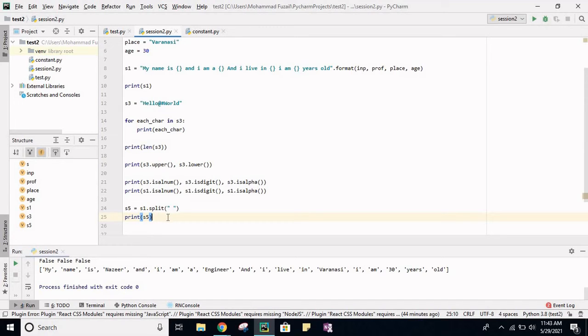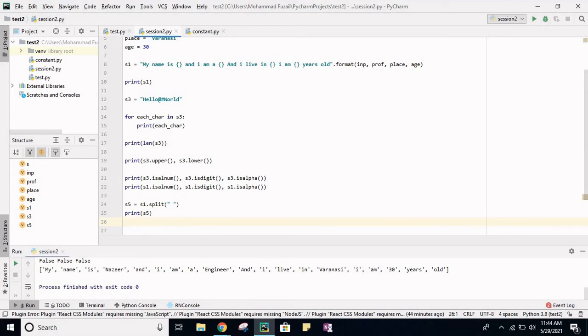So this is what split function does. Now since we have split, we have a list of all the characters separated by commas here. Now you want to join all those. What you will do?